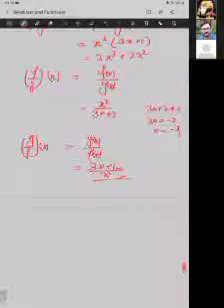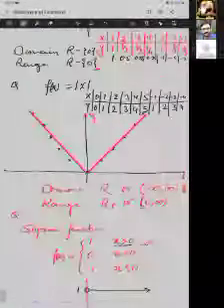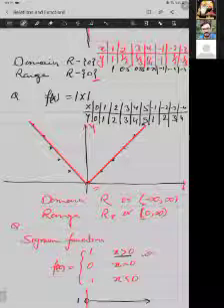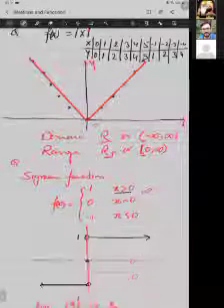Now let us move. See, now we have been given a function fx equals to minus times mod x. Hope you remember we have made the graph of fx equals to mod x. While making it, we were able to remember that the domain was the real numbers and the range is the real positive numbers.